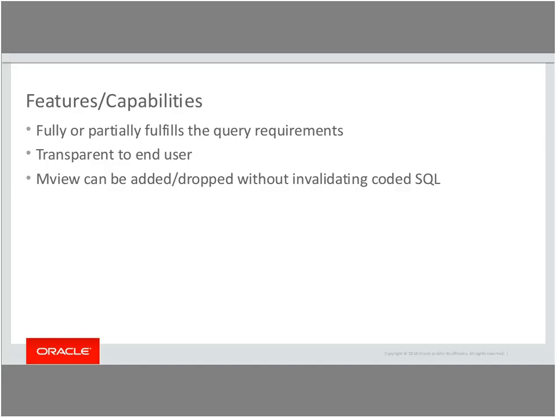Query rewrite is transparent to the end user. The end user need not do any modifications in the query. The end user can run the query in the same manner as against the master objects. Even if the materialized view is dropped, it will have no impact on the query, as in such cases, the result will be fetched from the master tables, and the end user will not be impacted anyways.